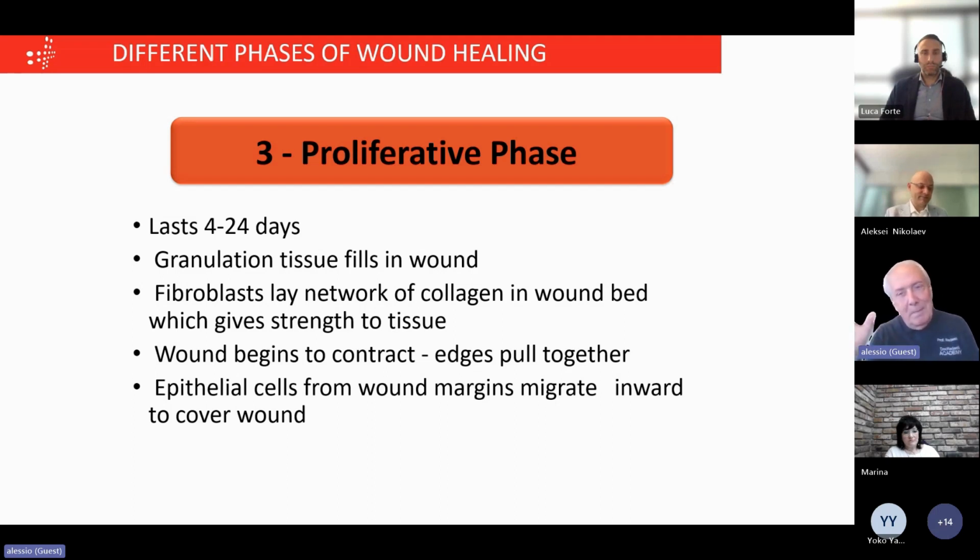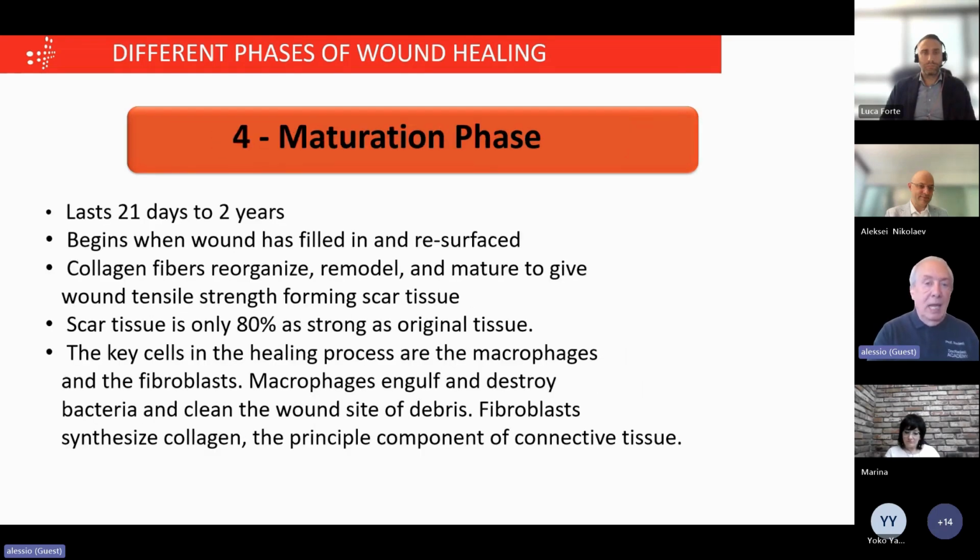signalizing molecules, Sigmolecs technology that we are speaking about today. And finally, the maturation phase, you see that can last up to 2 years, and so a very long phase where collagen fibers are reorganized. And this is very important